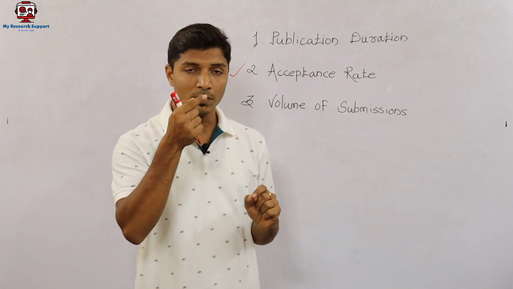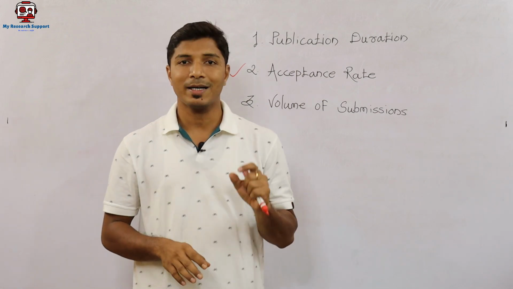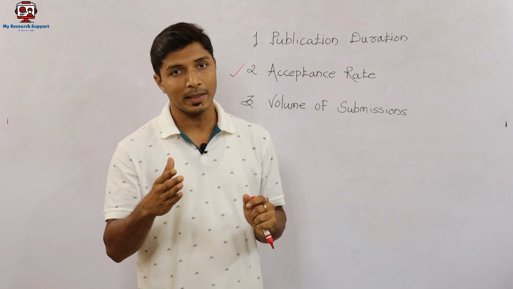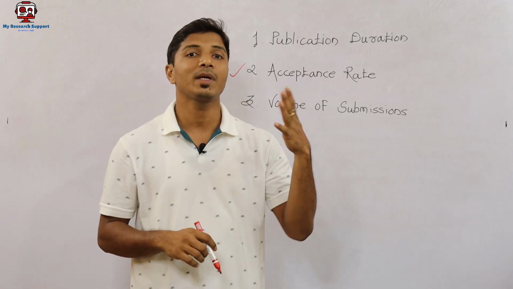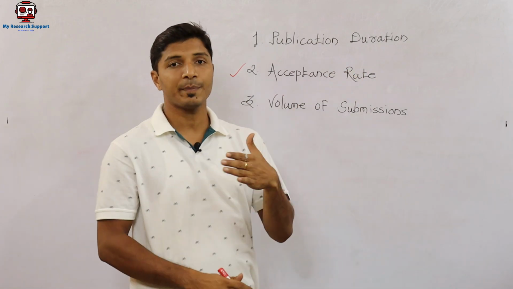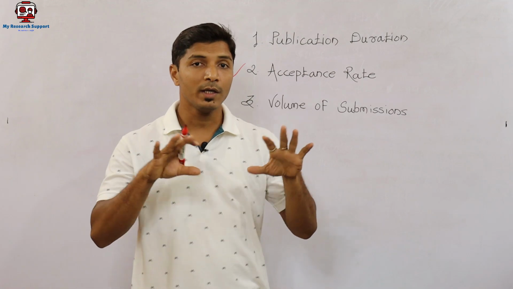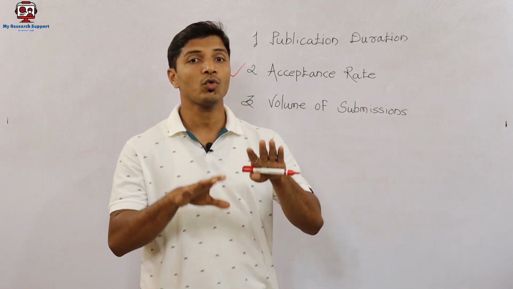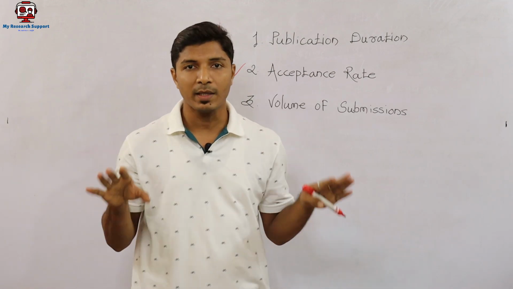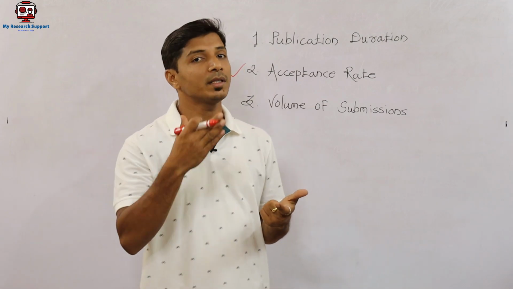We know that there is a preliminary stage and the second stage is the revision stage, and if you address the reviewers' comments correctly, then your research article can be accepted. So why will the publication duration be less and the acceptance rate be more? This is because the journals which are newly included in the Scopus database have to maintain their specific metrics throughout the year. Otherwise in the next year that journal can be discontinued.